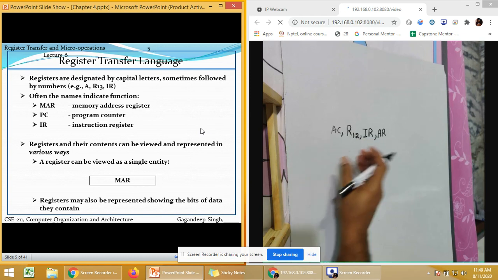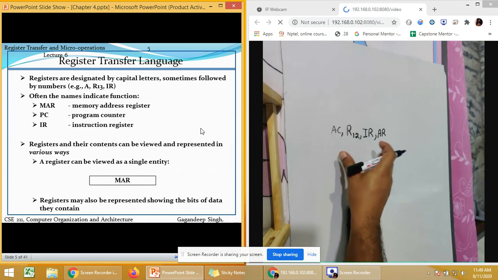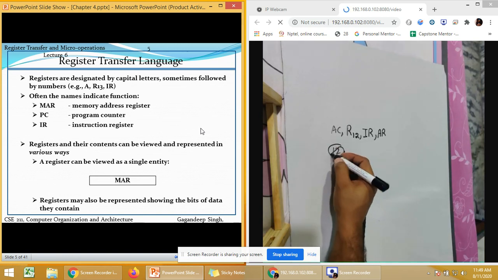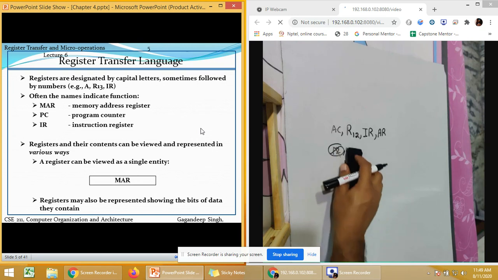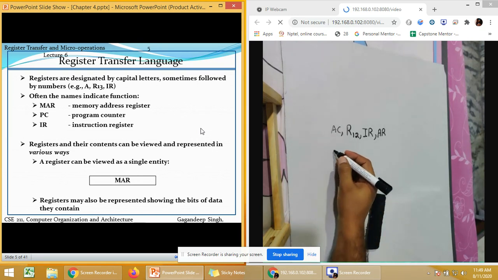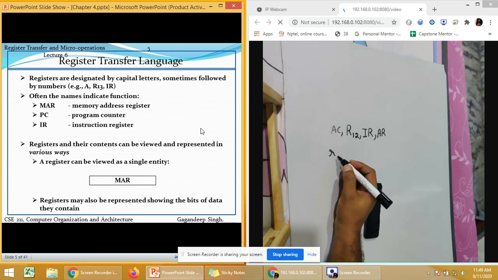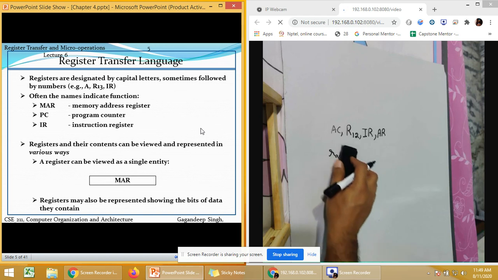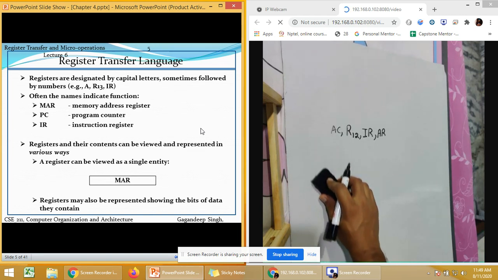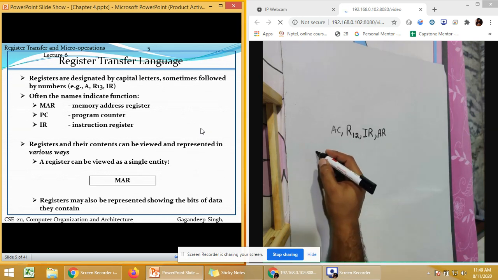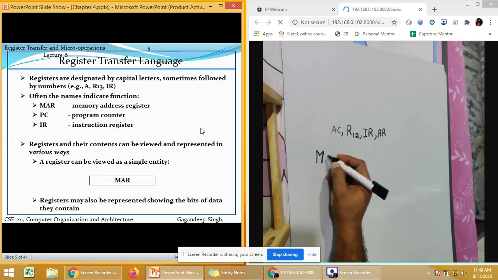Okay. So we have different names, but there are some rules. You can't write only 12. This can't be a register name. This is wrong. You can't directly write 12, or write it in small letters like r a c, not like that. Okay, so there are certain rules regarding the naming of registers, so we need to follow that. Now there is another register which is very common, that is MAR.